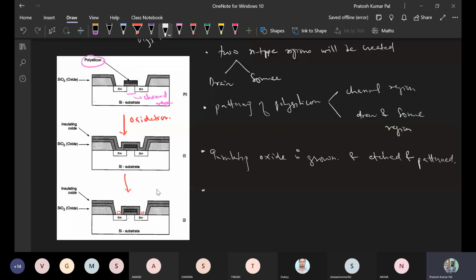And then the metallization for drain and source contact will be done. So the next step is metallization.